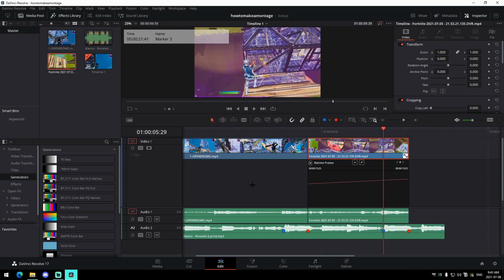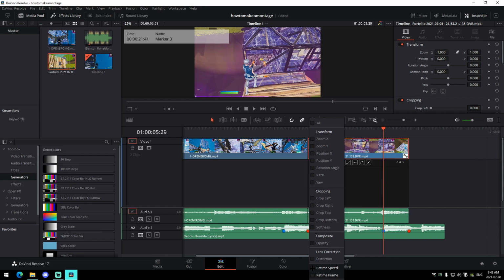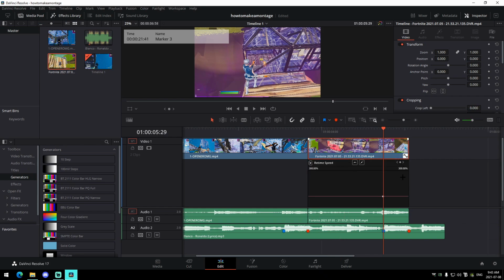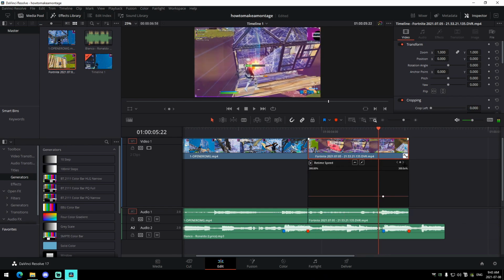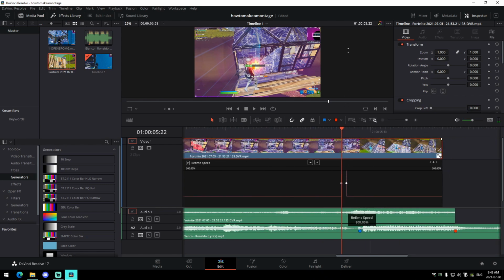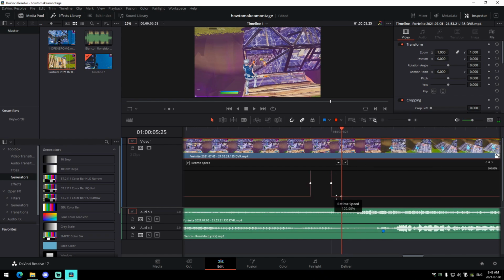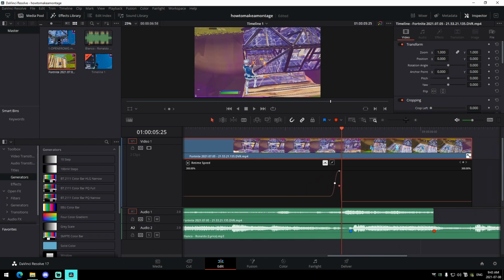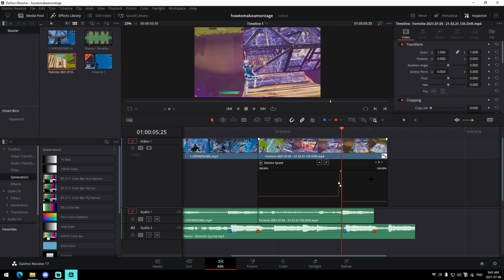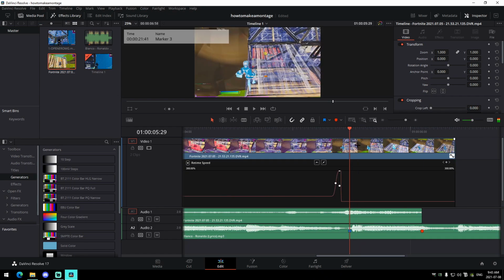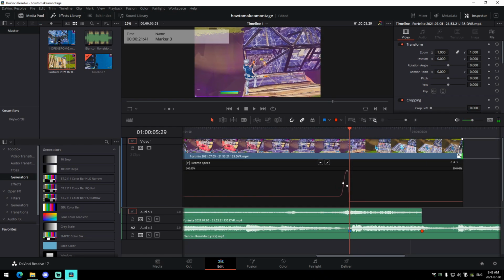So I'll quickly just do it a bit faster so you guys can see just me doing it again. Keyframe, 1, 2, 3, 4, 5, 6, 7 frames back. Keyframe, drag it up, 300%, 1, 2, 3. Keyframe, drag this up to 150, just like that. 60% on this one right here. Perfect. Ease this, and then we're just going to kind of go over here and line it up again, and then just cut